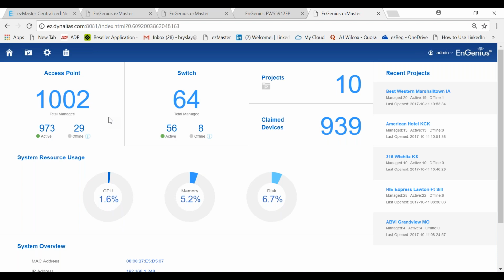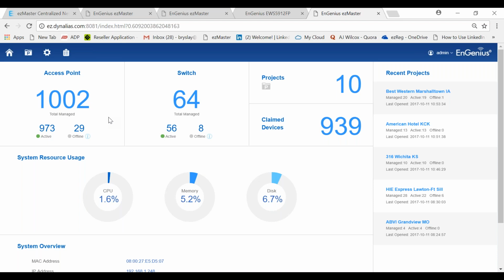But the AP is still functioning, still broadcasting. Your client device may still be able to connect to the AP. It could be many reasons, but that is just for your reference. Yeah, that's all I want to add.